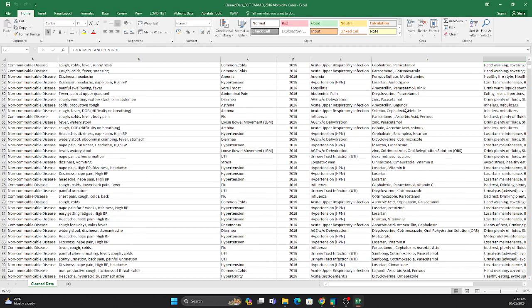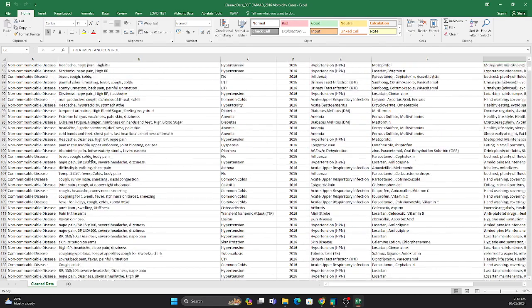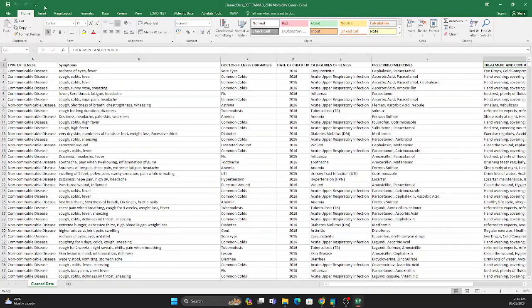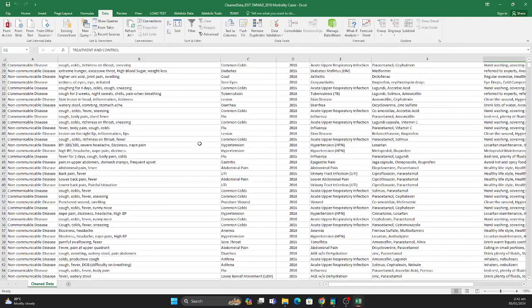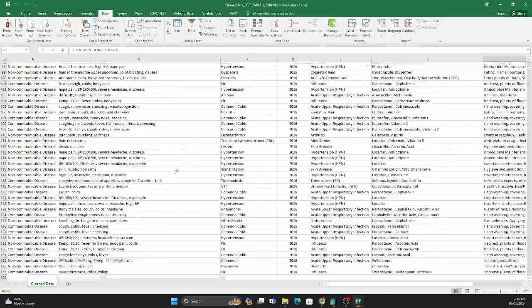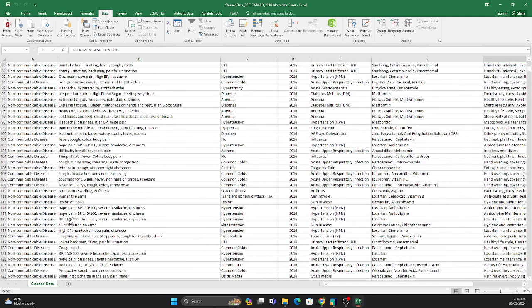Before, this data set had almost 3,500 or more rows, but thanks to remove duplicates, we can now see the unique data of 133 rows.